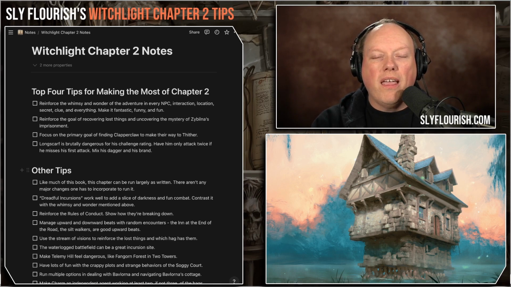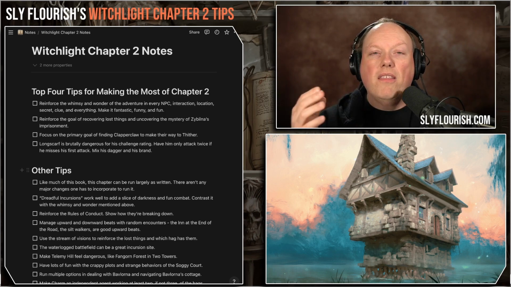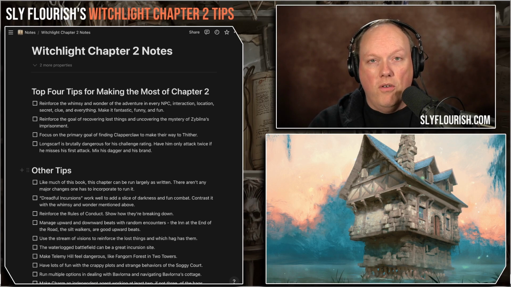The other one is also helping them uncover the mystery of Zybilna's imprisonment, right? And this is something you can start in your early sessions, that this is something they want to do. They can learn more about this. They can learn that Prismeer is fractured, that it's spreading apart, that bad things are starting to happen because Zybilna's